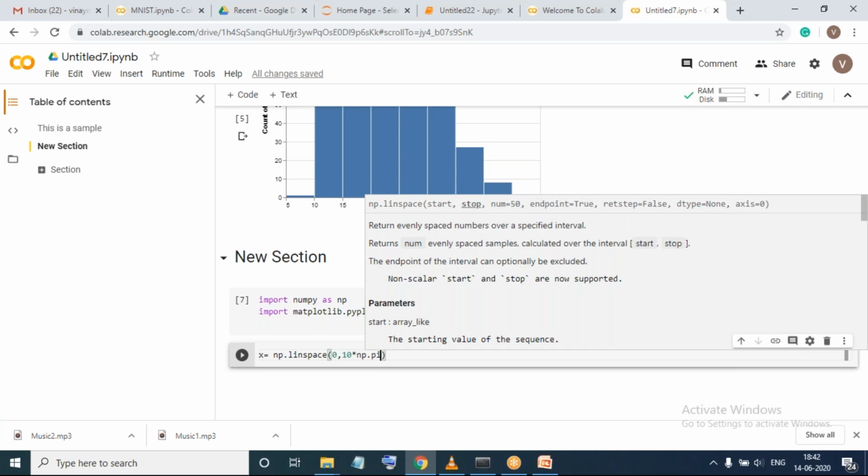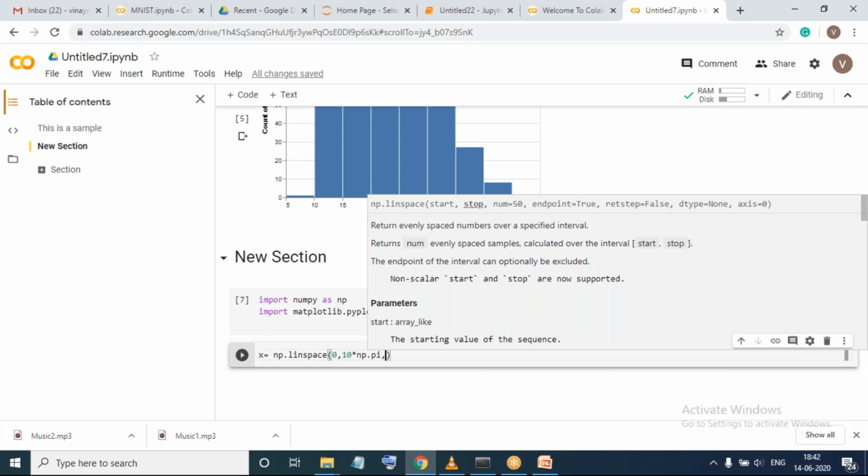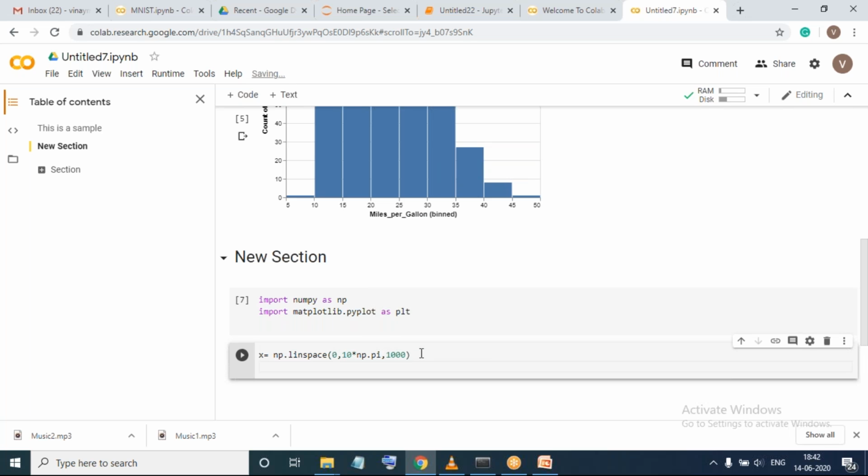If I want a sine wave, I want a pi, and that is also available in NumPy, so I've taken np.pi, comma, say 1000 values. So this is my first line. Press enter.